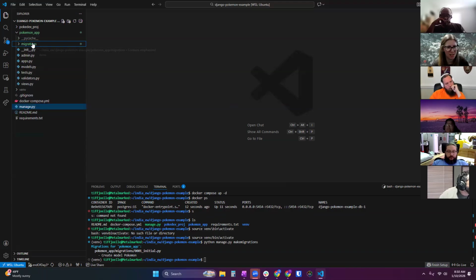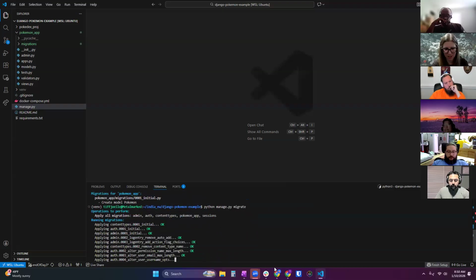So it says we need to create this model Pokemon. This is telling me all the changes that are ready to migrate into our database. So now that we're ready to migrate, we're going to do our python manage.py migrate.